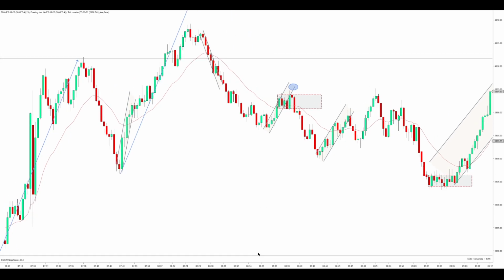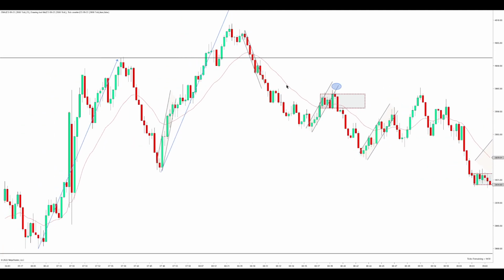I didn't take it because I like to go for 1 to 2 big targets, and usually I like to see a break of the short-term trend line that they're in if I'm going to go for 1 to 2 target. Of course it ends up working here this time, but it traps, it ticks higher, it ticks lower. It was really tempting, but I've been going for big targets, and I know that that's not something that I can go for 1 to 2 on regularly and be profitable. So I thought it's best to skip,